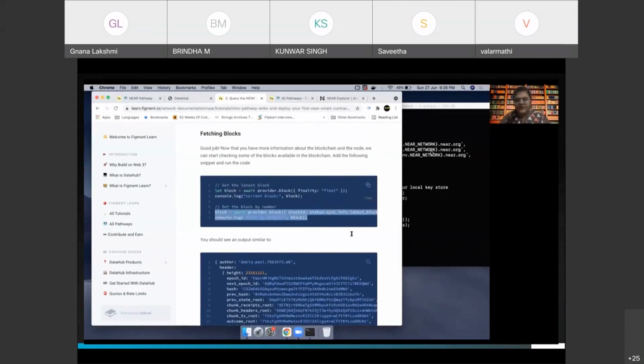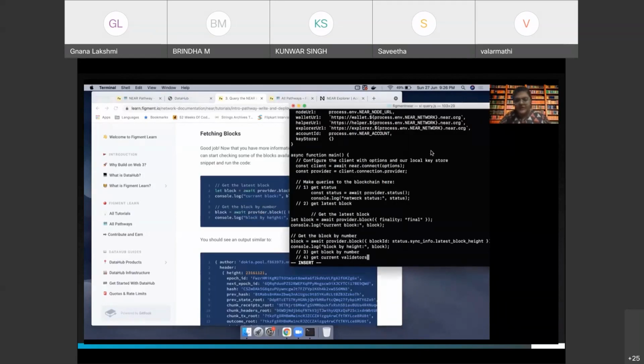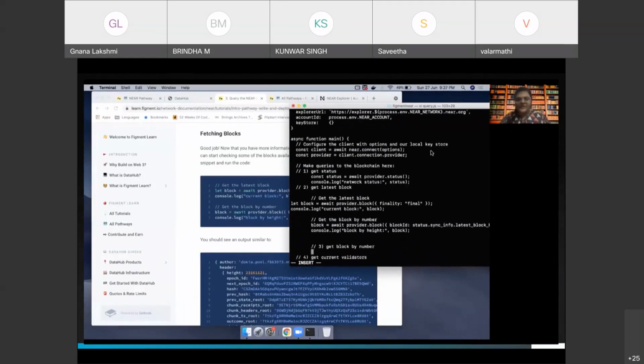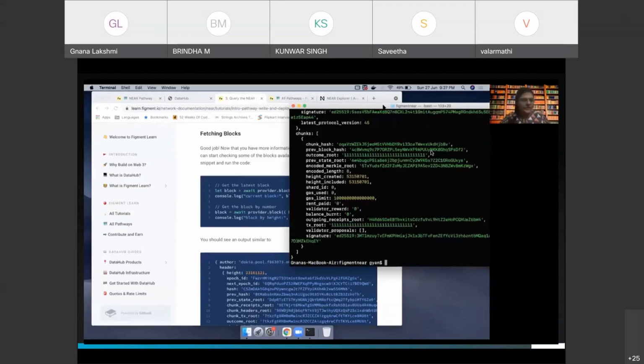So I'm going to copy this and paste it here. Apologies for the very bad syntax because I'm not using VS Code or any sort of prettify editor. This is looking a little bit haywire, but I'm sure you get the idea. If you are using an editor, I would highly recommend that. So let us save this and maybe run this, so we at least get this much output and then take a look. Oh, this is already a good amount of output.